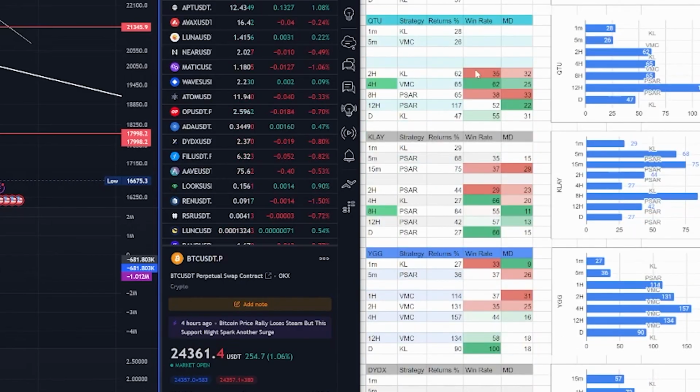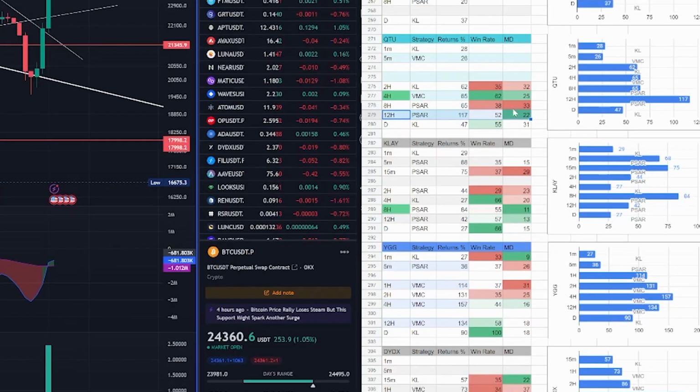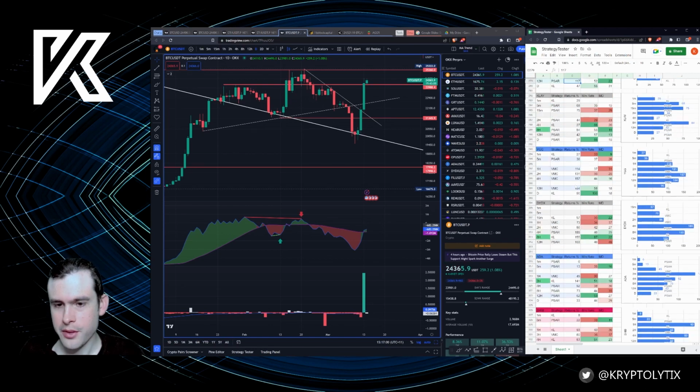So yeah, you want to look for the greens, where all the greens line up. It's good. I mean, this is not bad. On QTE, for example, 17%. Not a lot of data to play with though. Remember, the longer the data you have to backtest, the better, because then you can see how it performed during the bear market.